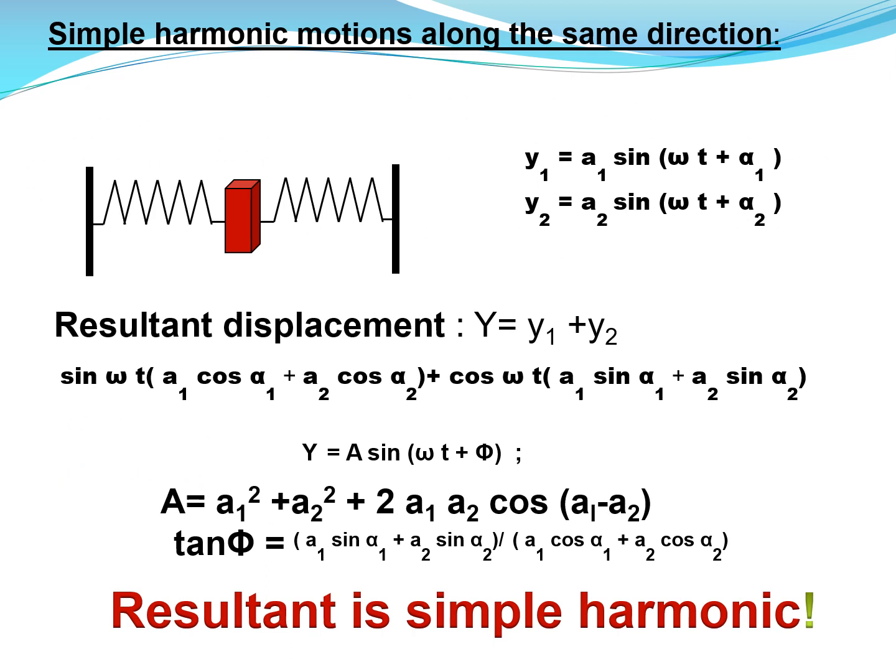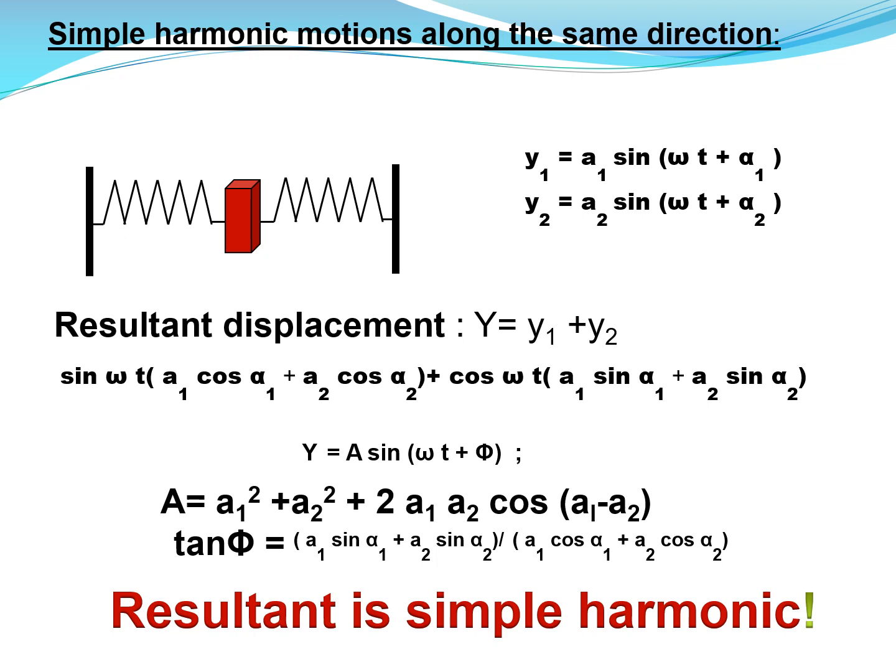Now, what is the resultant of the combination of two simple harmonic motions? So this is the next bite which we are going to chew here. We have seen the basic property, the equation of simple harmonic motion, and now we are going to see the combination. So when we have two simple harmonic motions along the same direction, represented by these two